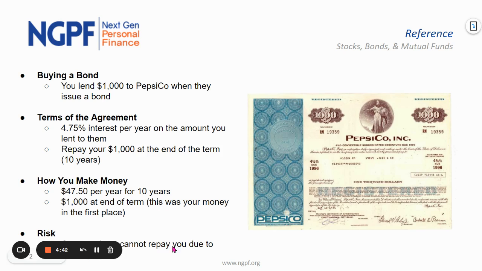Now, the risk, and I know you can't really quite see this, but the risk is called default, because maybe the company is going to fold or not be able to pay you back. That's called a default risk. The other risk is inflation because often the interest rates are lower. This is considered a lower risk type of investment.